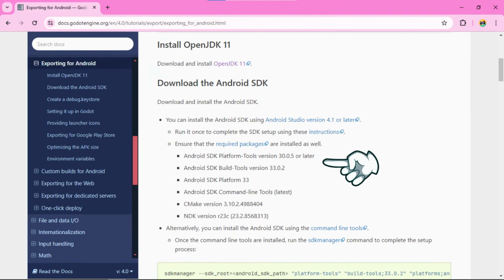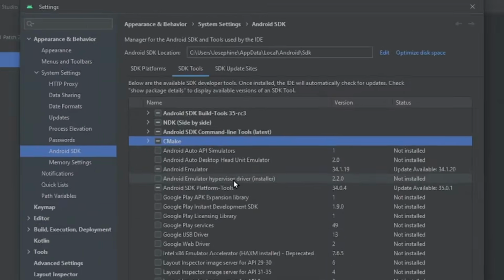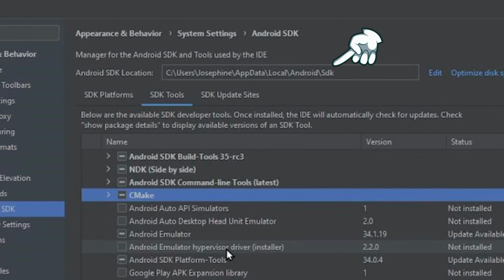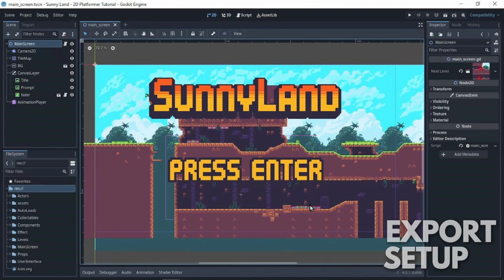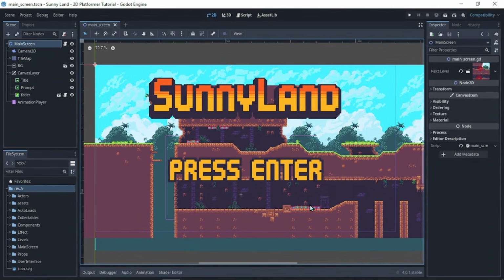I'm going to install the packages listed here. Once you select the right packages, click on Apply to install. Once you're done installing the packages, be sure to copy the Android SDK location as it's going to be needed later on. Going on, open up your Godot editor, select Editor,